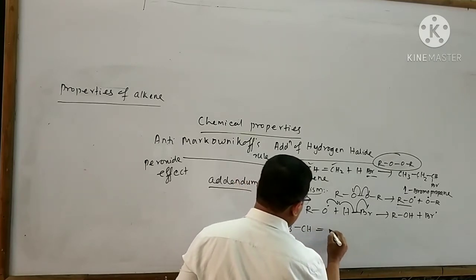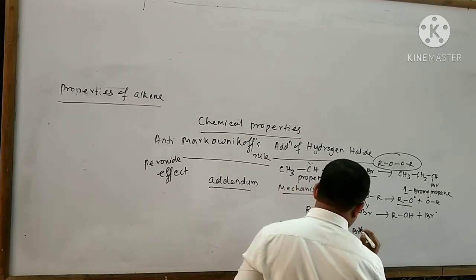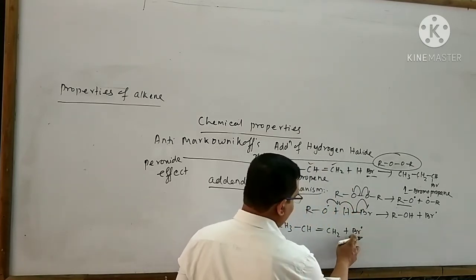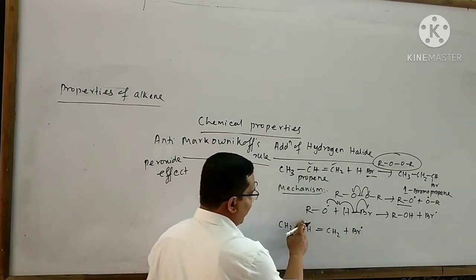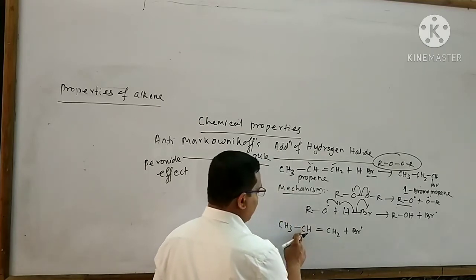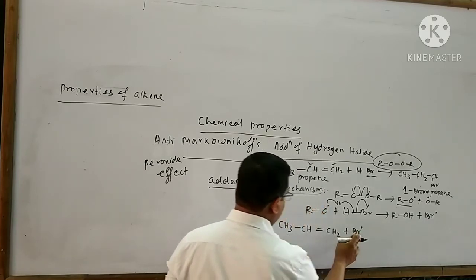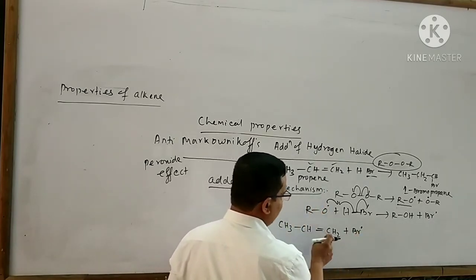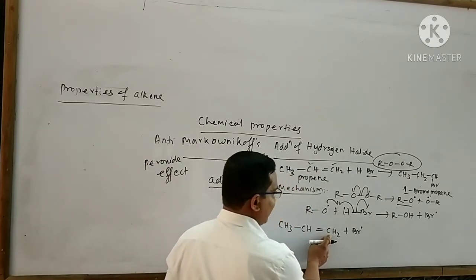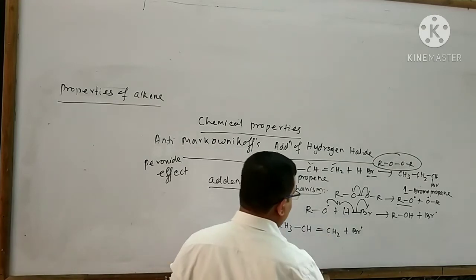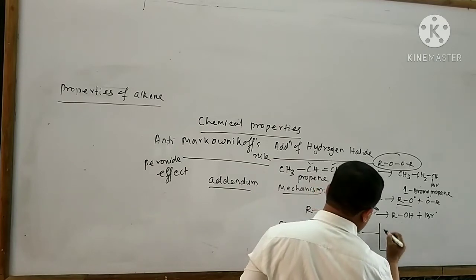This is the structure of propene. Here I can write the bromine radical. If the bromine radical attaches to this carbon, then here a free radical will be formed. That is a secondary free radical. If the bromine radical attaches to this carbon atom, then what will happen? Here an odd electron will be present. That is said to be a primary carbon free radical. That means I can write the equation like this: